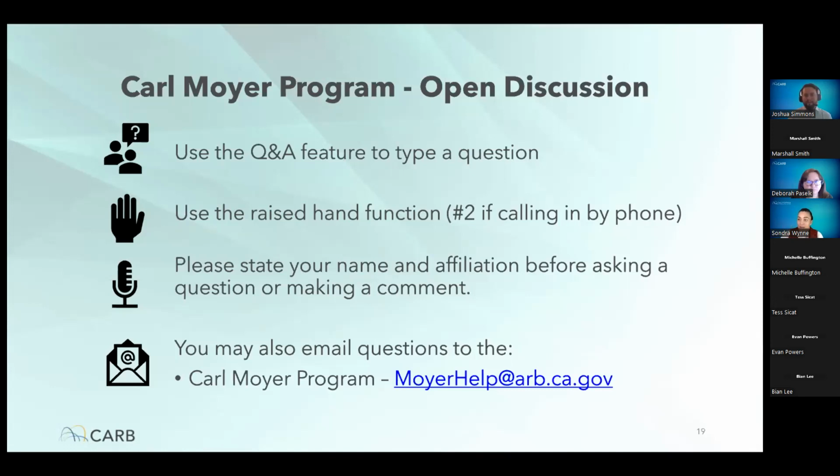Not sure if he's unmuted or not, but I can give him the ability to unmute if you would like. And furthermore, directly to your question, there are a suite of incentives here at CARB, CARB's incentive portfolio, that offer a range of opportunity from the pre-commercial phase all the way to the commercial phase. So each of the different incentive programs do serve those various purposes. So love to chat a little bit more on the specifics, or maybe the specific technology that you're speaking to or curious about. But the Moyer program.